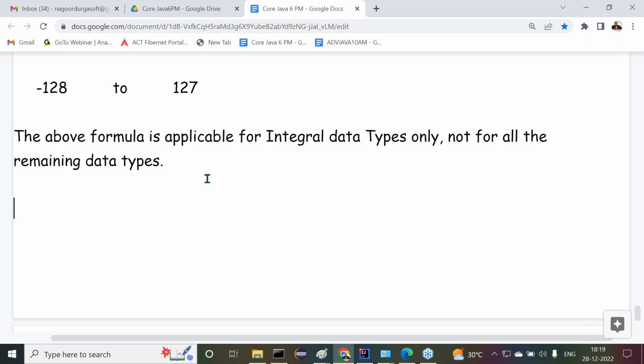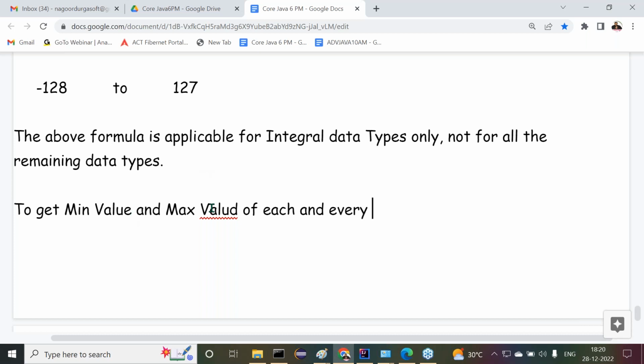But still, min values and max values are available for these data types also, numeric data types especially. We need to find that min value and max value. For that purpose, I'm giving you one point. Try to understand it clearly; all of you observe carefully. To represent the min value and max value of each data type, Java has provided the following